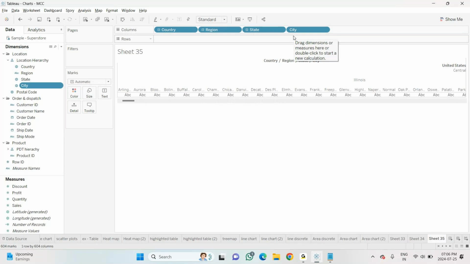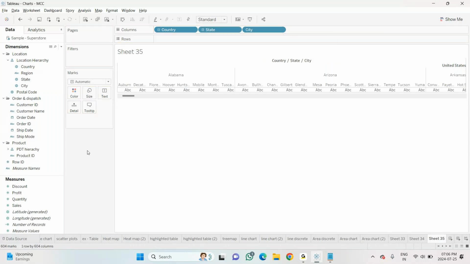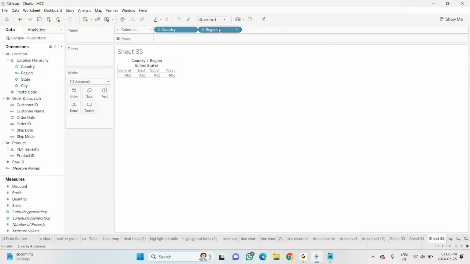So like this, if you want, you can create. And even you have a postal code also. In case if you want to add the postal code also for your hierarchy, you can add it. If not, you can just keep that. So now in case if I don't want the region, I can remove the region. So I have country and state. Again, if I click on this country, again I'll get region and this.